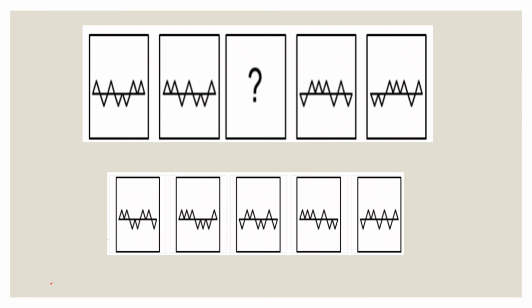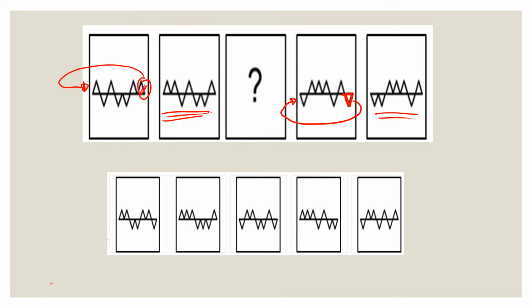what I noticed is that this triangle here seems to have been moved here to the beginning. So if you transfer this to the beginning, you will get the same exact thing in the middle. Now I will confirm this hypothesis by looking at the fourth and fifth figures. In the fourth figure, the rightmost triangle is here in the bottom. If I transfer it here to the left side, then we would get exactly the fifth figure. It's just like everything keeps on moving to the right.